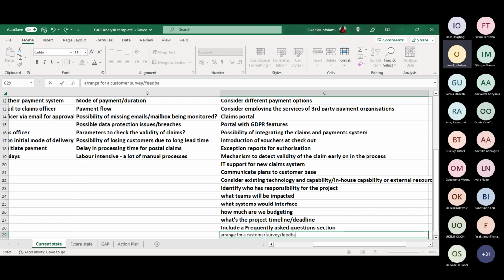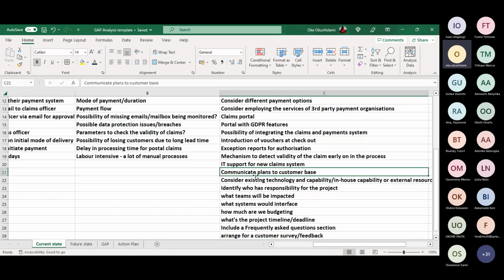Okay, so this will tie into the point that I raised, to say you want to communicate your plans to your customer base. You cannot just come up one day and say you've changed the system and everything. You'd have given people notice to say this is what we are proposing to do, and this is how it will make your life easier. And then when you started doing it, maybe 3 months in, you will now send another communication to say, now that you've been using this system for some time now, do you mind taking 5 minutes to do a